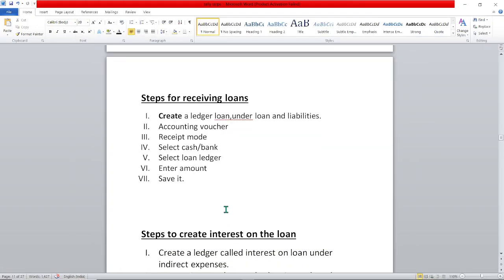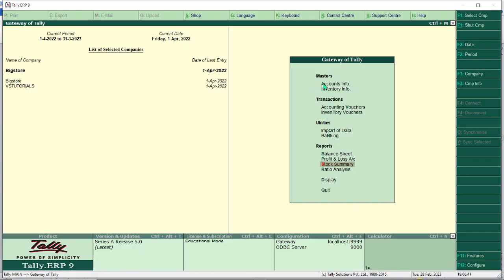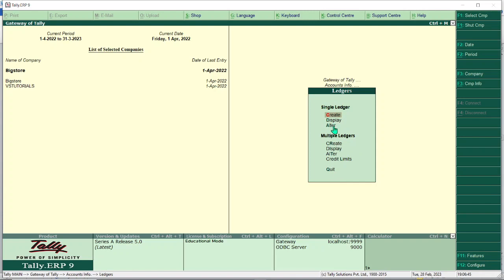Now you will see the steps for receiving loans. If we receive or want to receive any loan, then we have to first create a ledger named loan under loans and liabilities. So we go to accounting vouchers and then we create a ledger, and let's see step by step. We go to accounting vouchers and let me go to ledgers, and if I go to alter,